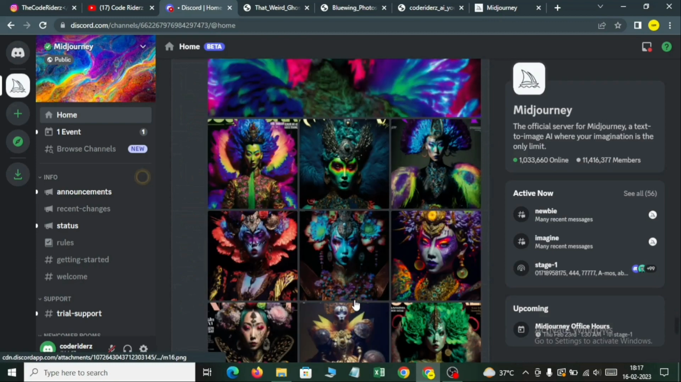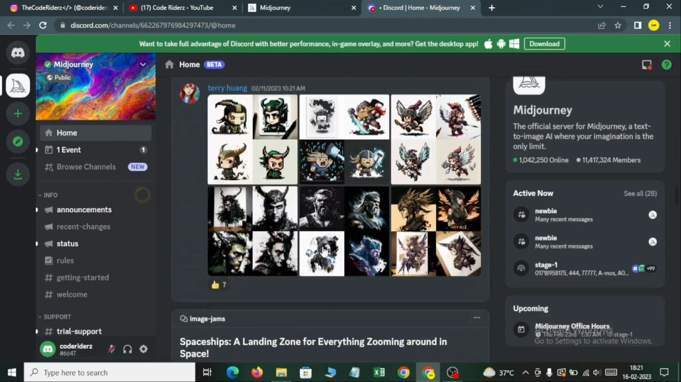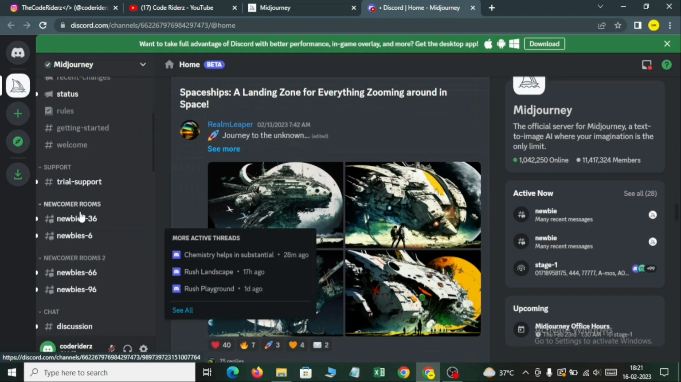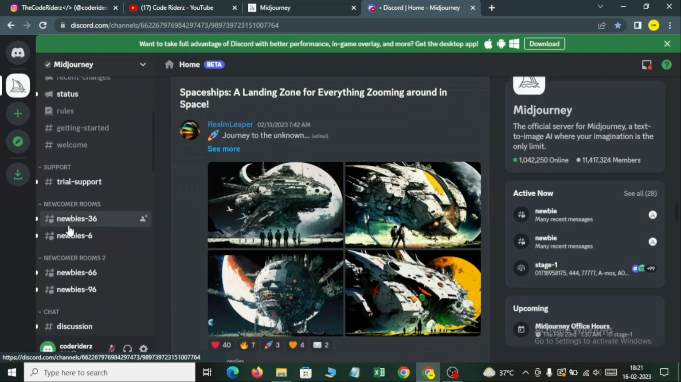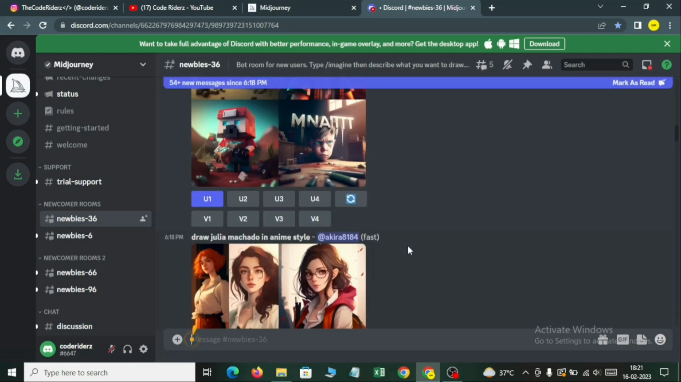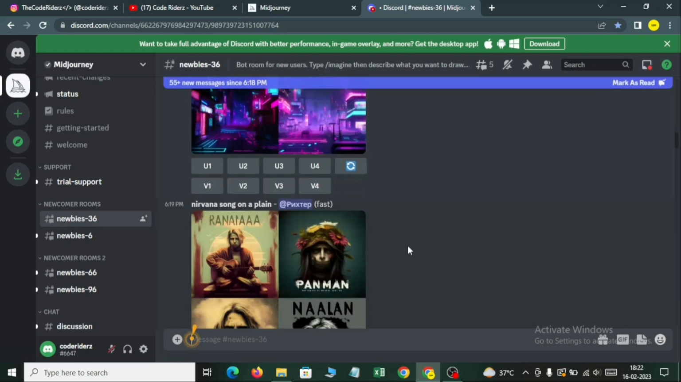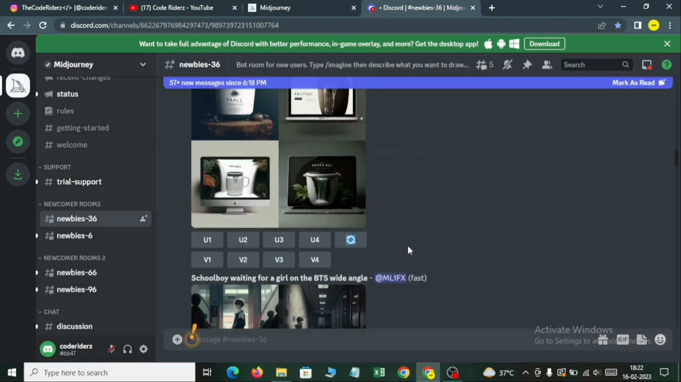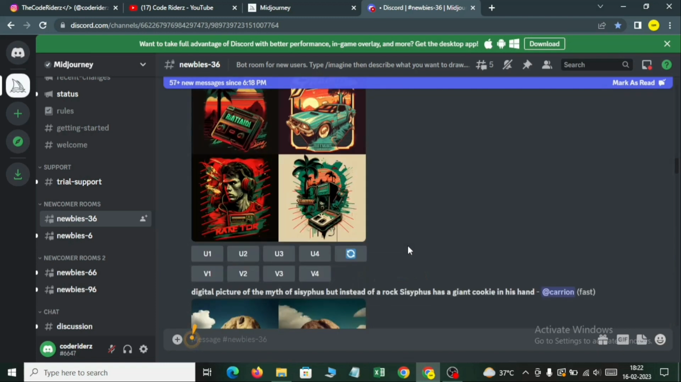And a number of people are creating their own AI images. So now we will also create our own AI image. So you have to come down here and click on the newbies room. You have to join this room. So I've joined this room. See, here also people are creating their AI images. So we will also create. You just need to come down here